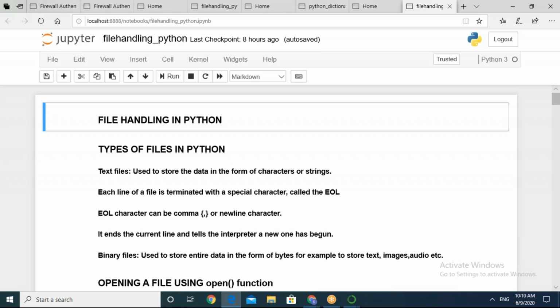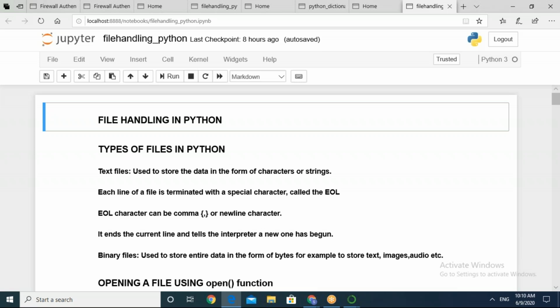Otherwise, for the understanding of file handling, we will start with the text file. Text files are used to store data in the form of characters or strings, and each line of a file is terminated with a special character. So you have to take care that once you have finished entering your data, you need to specify the end. Let's say after every line I am pressing enter. When you have finished entering all your text, you press enter once so that the blank line will be taken as the end of file.